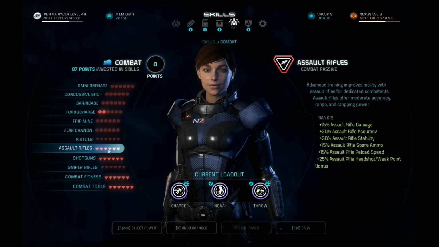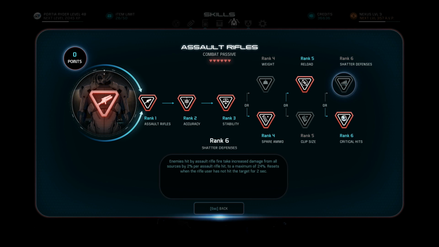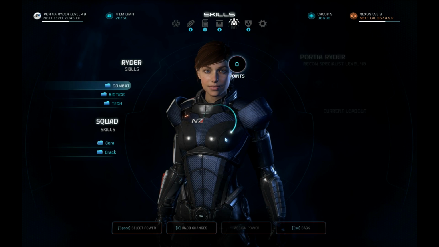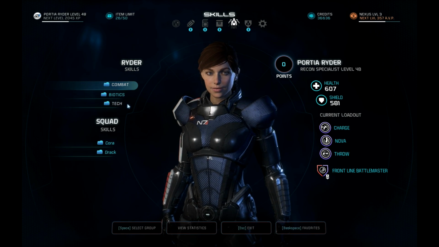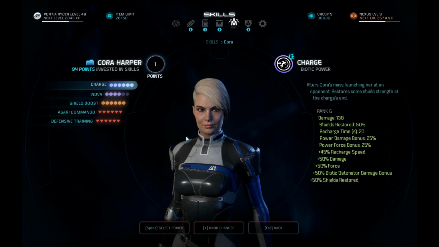Lastly, I have assault rifles for when I switch to my adept build, and this is really the headshot bonuses and everything that I like. Either one of these are good. This is actually a really good ability because it will reduce their damage resistance by 24%, which is actually quite nice. So with all that being said, this is my build, and I like to take Cora, mainly because Cora